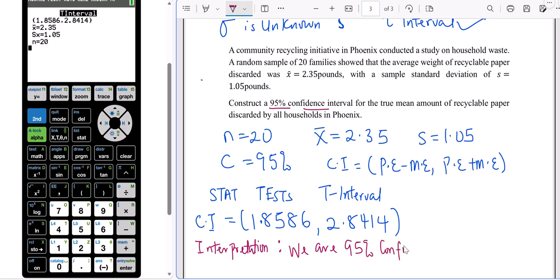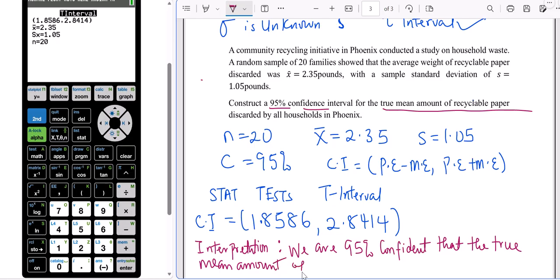We are 95% confident that what? That the true mean amount of recyclable paper